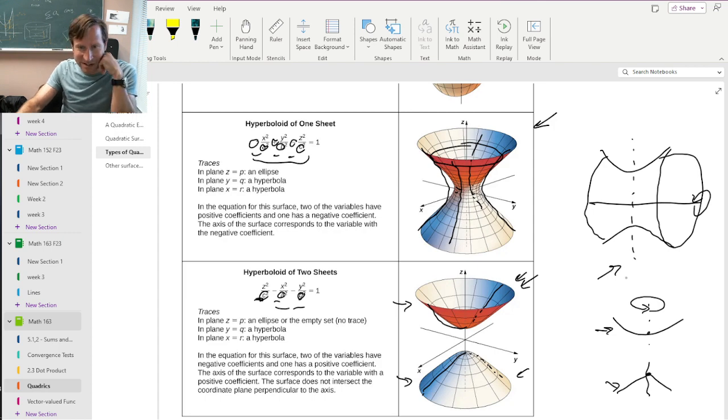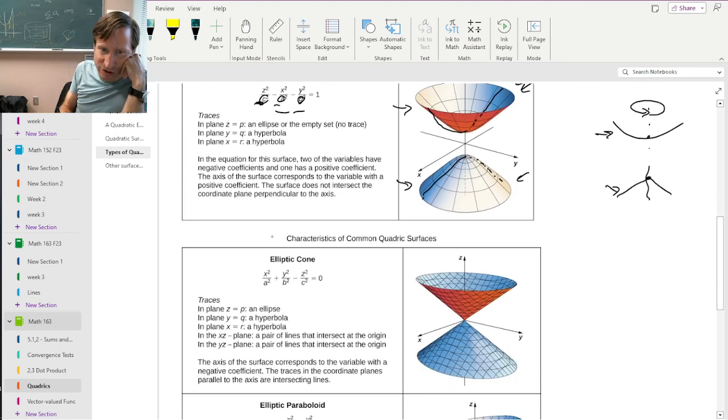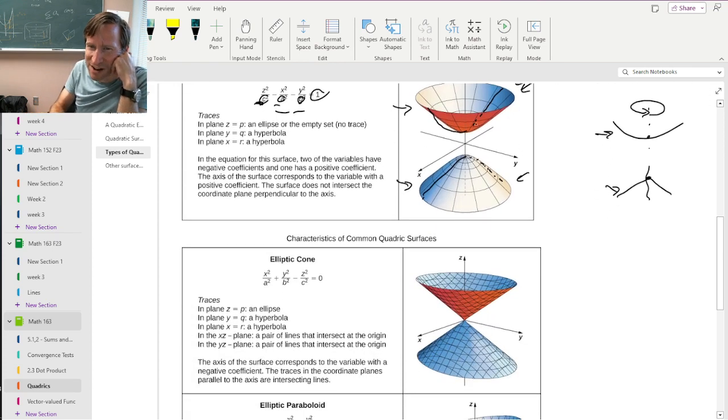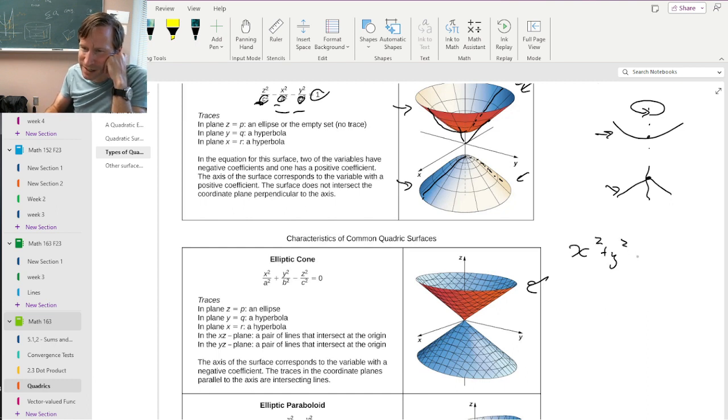So other examples of shapes that you can get, an elliptic cone. If you look at the hyperboloid equations, there's a non-zero constant on the right-hand side. Well, if you make that constant 0, it kind of draws the middle of the hyperbola all the way to the origin, and it makes a cone instead. Okay. The reason that this makes a cone is, if we look at the simplest example of an elliptic cone, where it's x squared plus y squared minus z squared equals 0, if we move the z squared to the other side, x squared plus y squared equals z squared, and then take square roots on both sides, we get